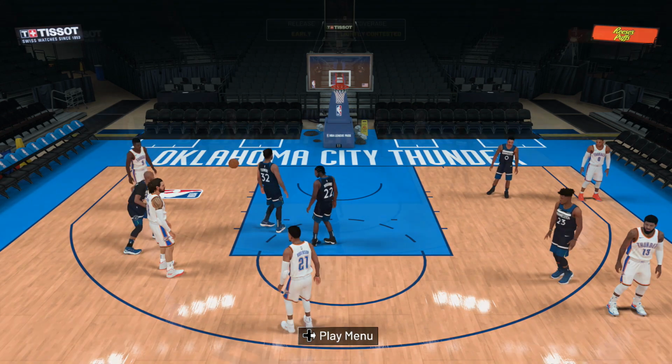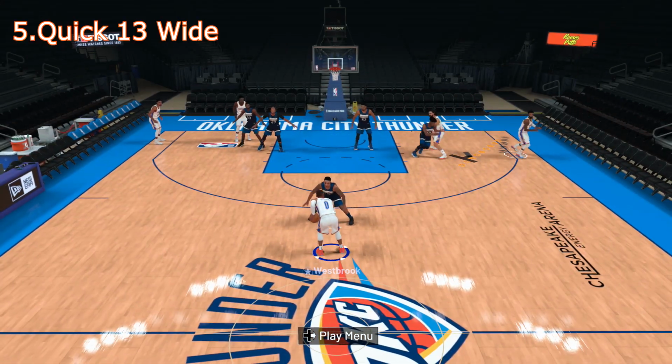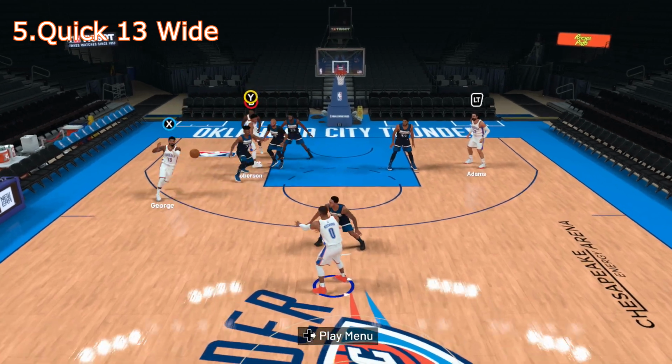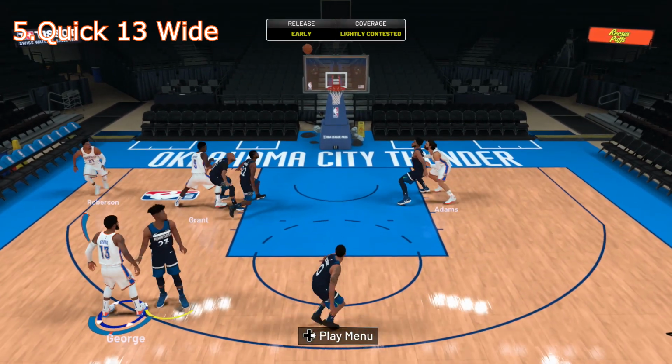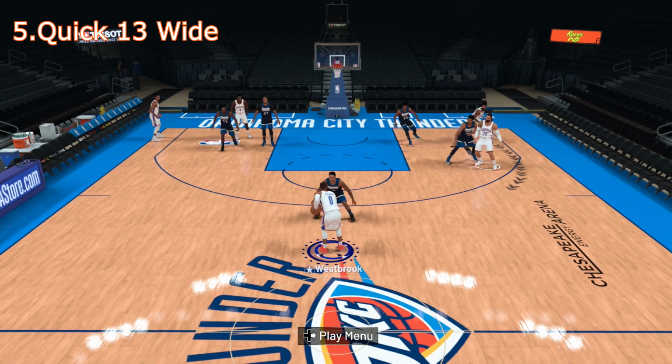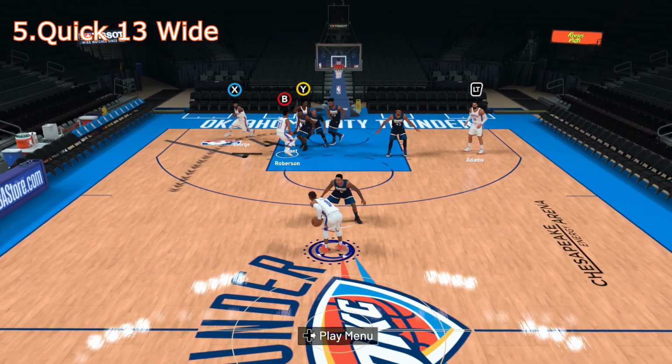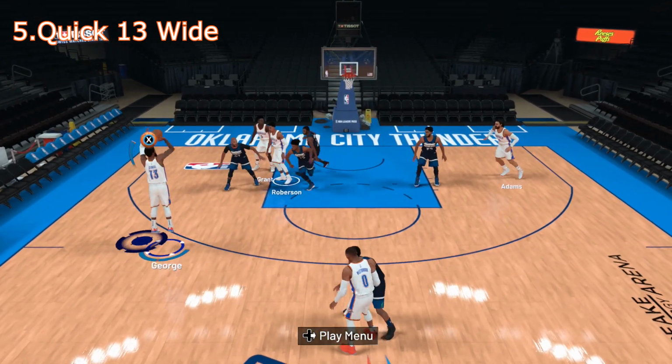Next, we have the quick 13 wide. You're gonna run this for Paul George, and it's designed for him to get a 3 on the wing. So Westbrook is gonna start with the ball at the top, and George will be on the block. And George, he's gonna make like he's gonna come up to the wing, but fade out to the corner. Then he's gonna run baseline, get a screen from Grant and Roberson, and come up to the wing for the